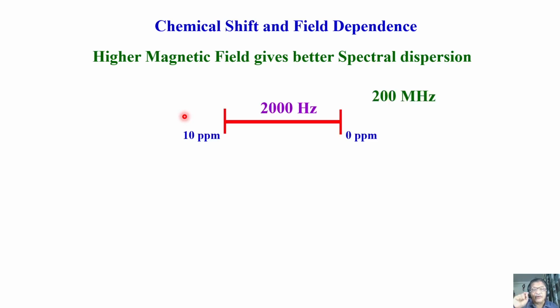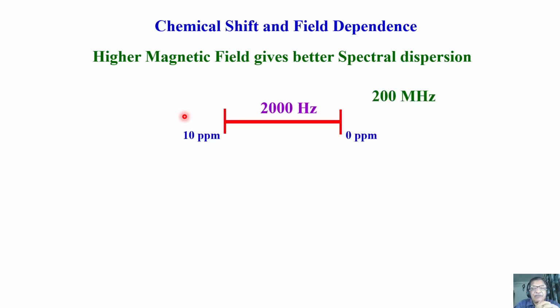When the resonating frequency becomes larger and larger, as we explained conceptually, the energy separation becomes larger and larger. Resolution becomes better, and spectral dispersion becomes better and better. What it means is, when you go to higher and higher magnetic field, when you express in frequency, the spread is larger. That means larger the dispersion, better the resolution. Let us look at it very carefully now.